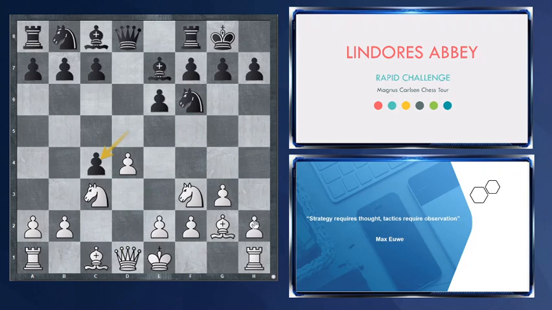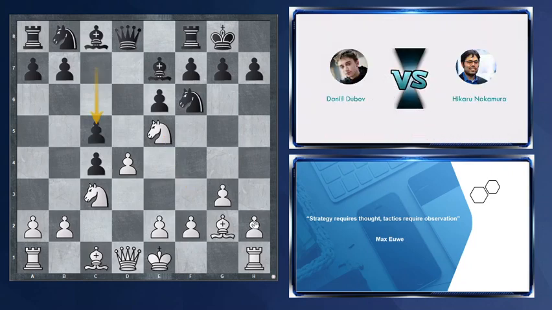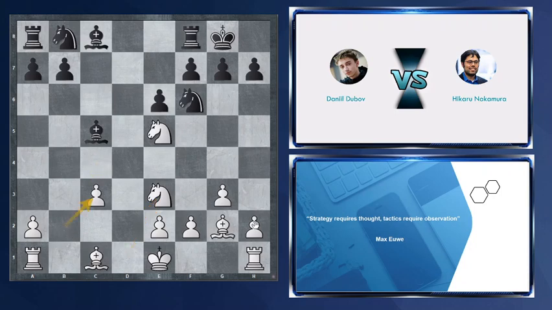So d takes c4, and Nakamura decides to change the structure of the position immediately, and after knight e5, c5 gets played, saying, listen, I am looking for a pawn exchange in the center, let us simplify this position and exchange some pieces. After d takes c5, just captures on d1, knight takes, bishop c5, knight e3, c3, b takes c3,